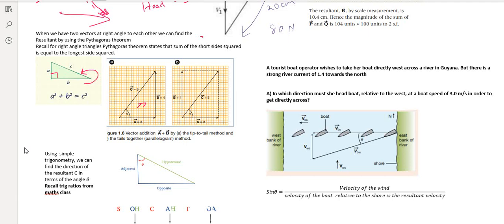I don't know if I said it properly, but it's a very simple thing to remember. In terms of the formula, a squared plus b squared is equal to c squared. Just always remember that whenever you're choosing a, it must be one of the short sides. Whenever you're choosing b, it must be